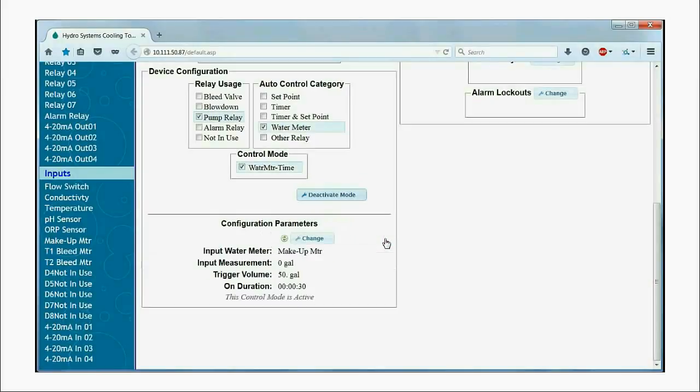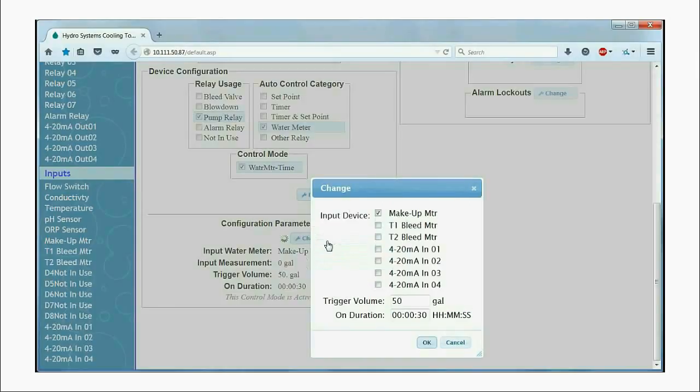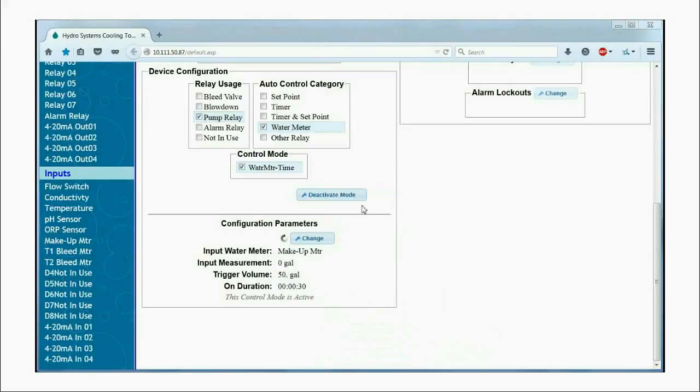Of course, there are other ways to feed inhibitor. On this controller, for example, the makeup line will actually be shared between the 2 towers, so using makeup volume to feed only one tower is impractical. There is a bleed meter on the bleed lines for each tower, so that would be another way to use the water meter mode. Or we can use a completely different control mode for the inhibitor feed, an other relay mode,